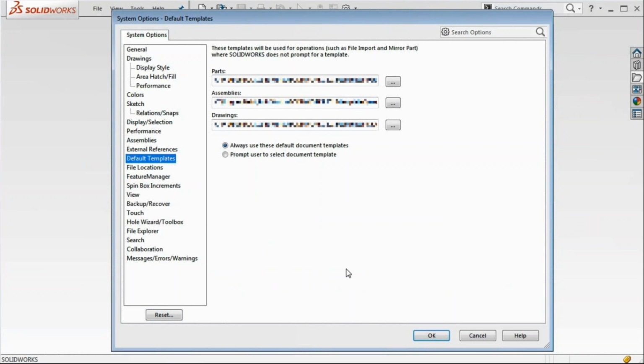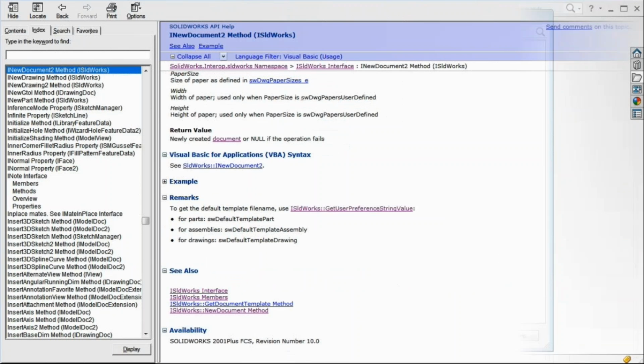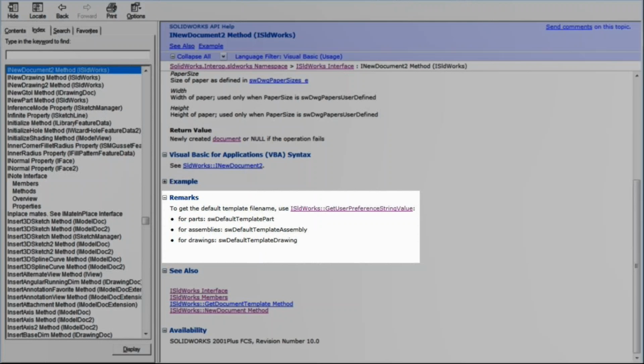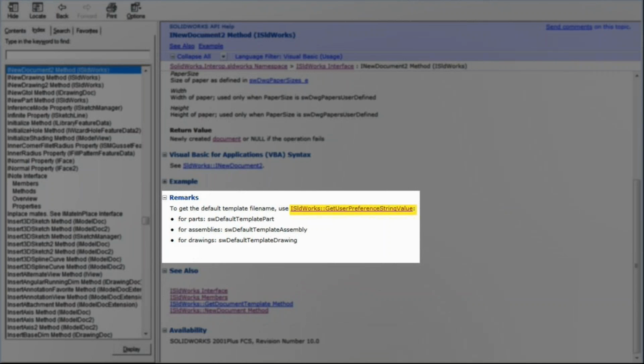However, if we jump into the remarks section, SolidWorks is advising us to use the GetUserPreferenceStringValue from the SOLIDWORKS object to get the default template file name. The reason behind this is that the location of these templates is a user preference. Every user can have these templates installed at a specific location, so using this method would make our code more